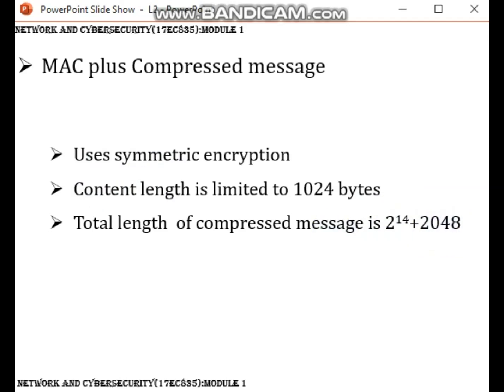For stream encryption, the compressed message plus the MAC are encrypted. Note that the MAC is computed before encryption takes place and that the MAC is then encrypted along with the plain text or compressed plain text. For block encryption, padding may be added after the MAC prior to encryption.